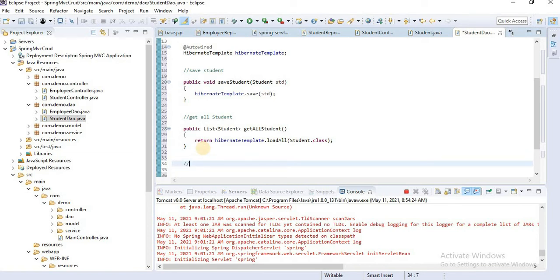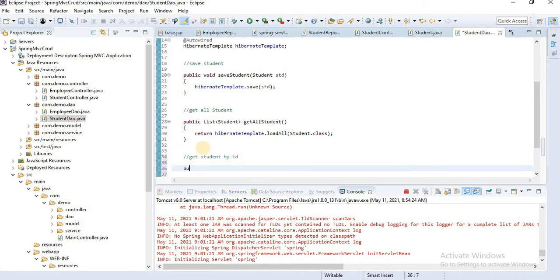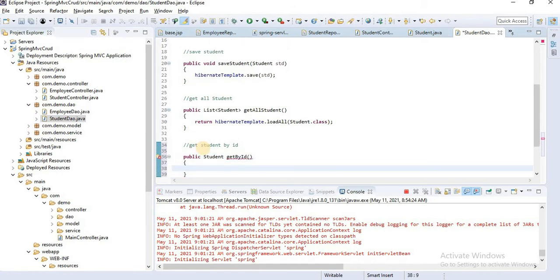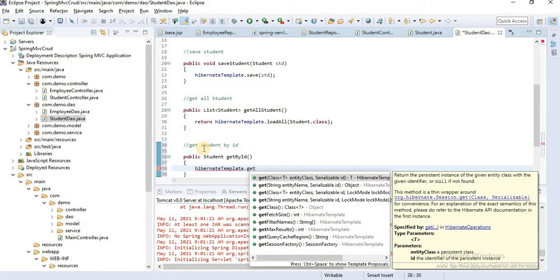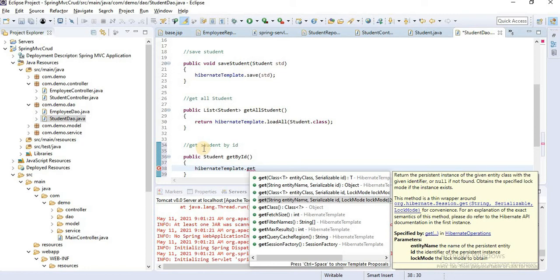Then load by id, get student by id. Okay, then create the method public single Student. That's why I am not defining a list here. getById. Okay, here call hibernateTemplate.get. Here we have a get method.